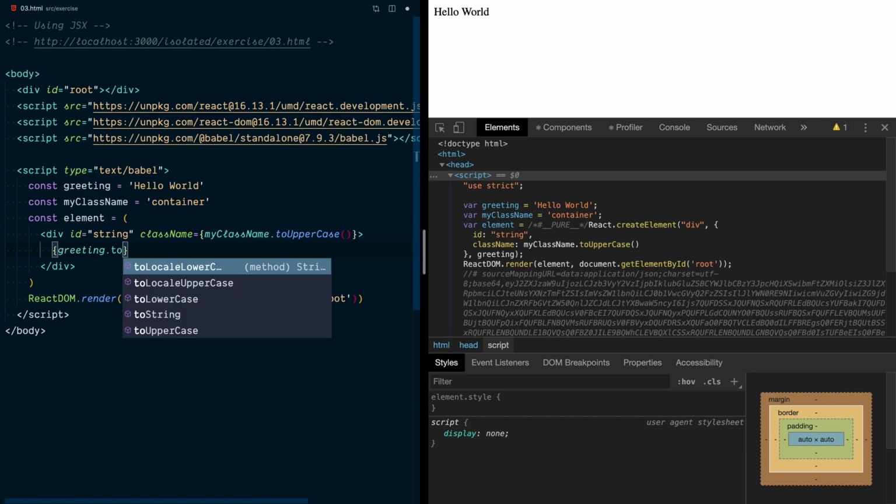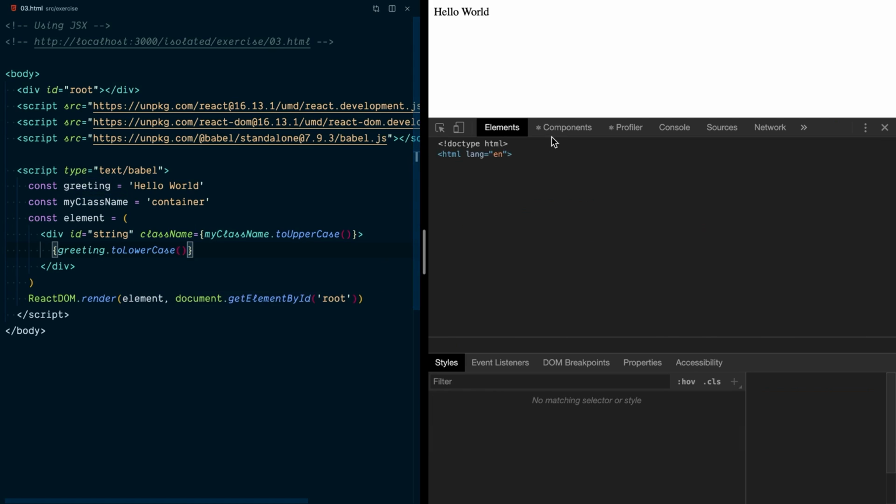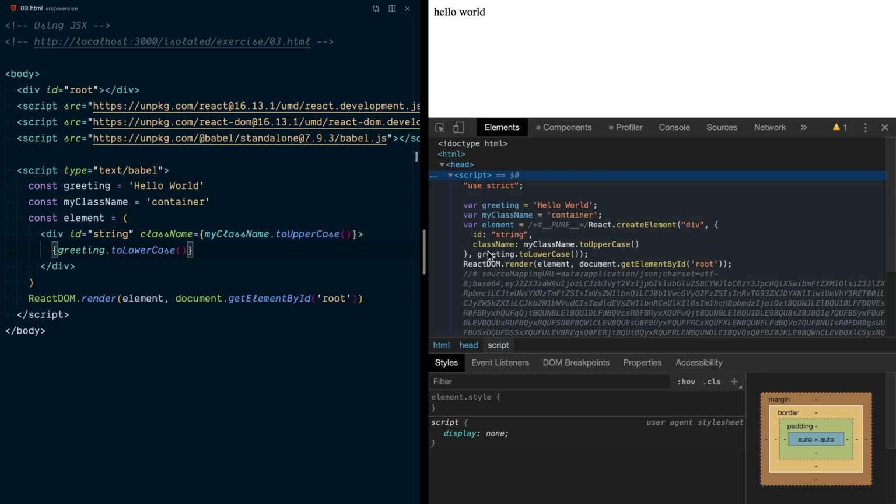We get the exact same thing with the children prop here. So if I said toLowerCase right here, and we save this, now we can take a look at the result, and we'll see that it's just passing greeting.toLowerCase. So it works out just fine, because that's just JavaScript at that point. So interpolation is really just a mechanism to switch you from JSX land, which we enter when we do this open angle bracket here. It switches you from that JSX land into JavaScript land, and it basically just tells the compiler, don't do anything with this, just insert whatever's in here at that position of the code that you generate